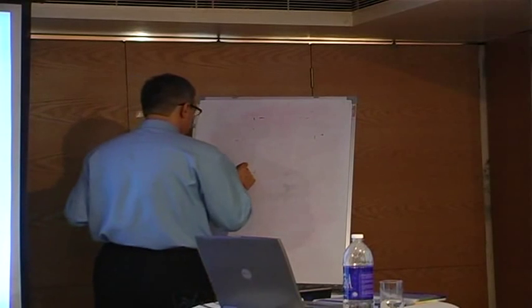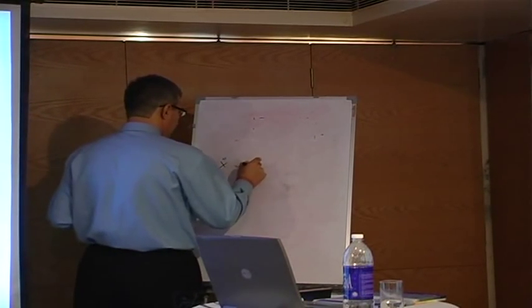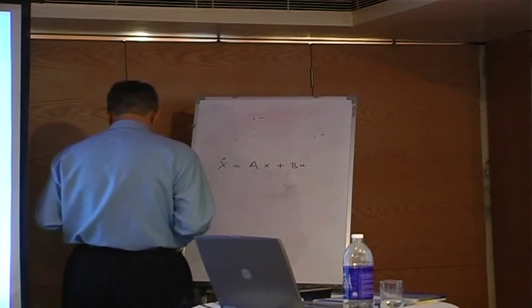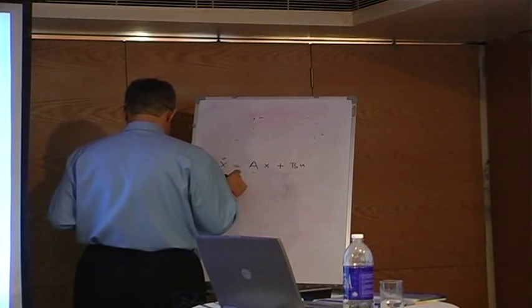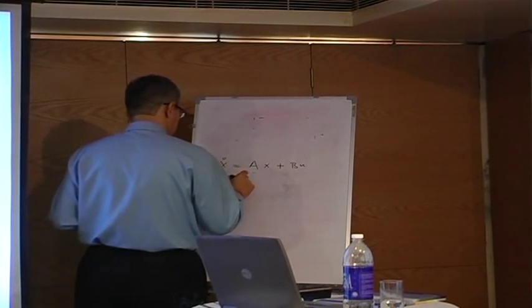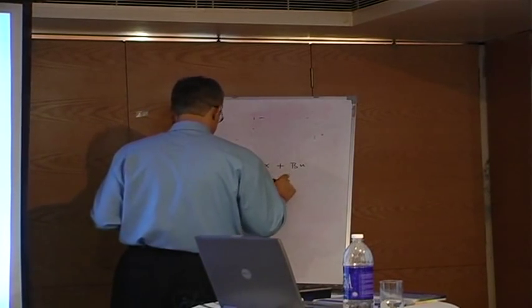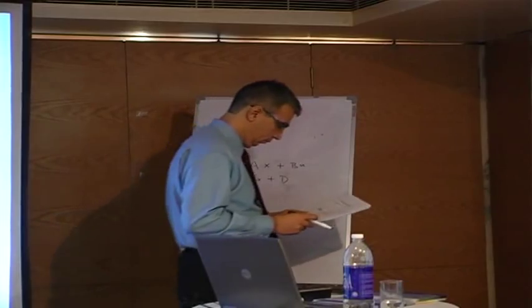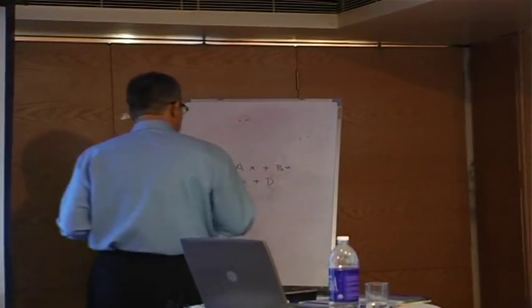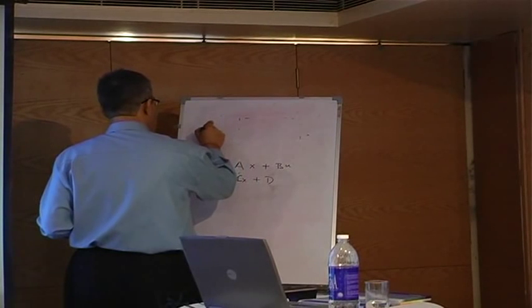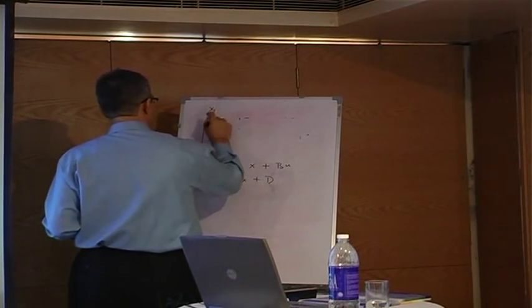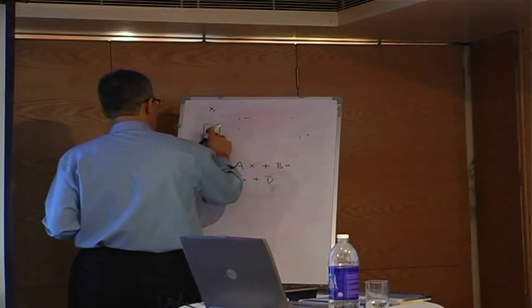The classical way to look at the state variable equation is x dot is equal to Ax plus Bu, and then y is equal to Cx plus D. Now, you can also look at those equations in matrix form: x dot is Ax plus Bu, and if I were to use x1 dot, x2 dot, so my x1 dot